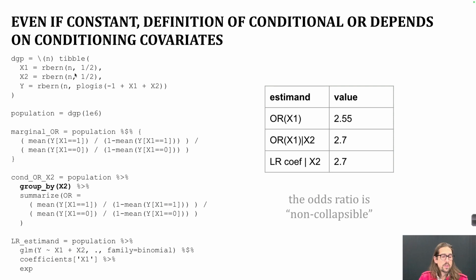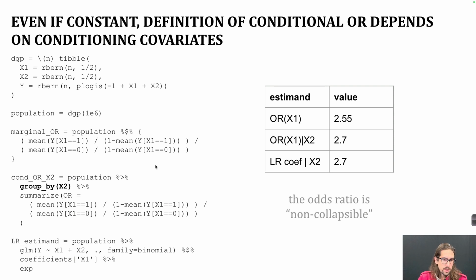These are both binary variables, and I've set y up to be... So here I'm actually following an actual logistic regression model. The intercept is -1, and the coefficients are 1 and 1. Okay. And I just sample a very, very large data set, so call it a population, and I'll compute the